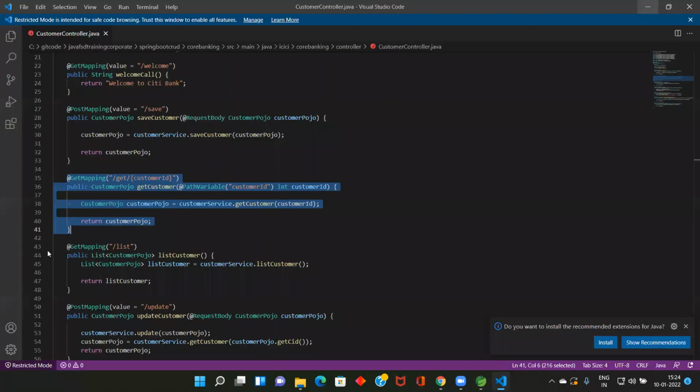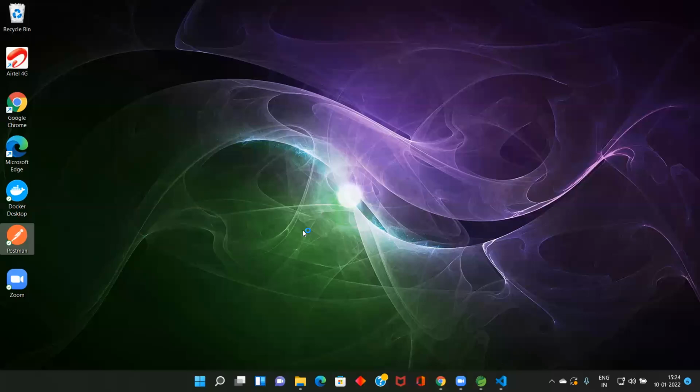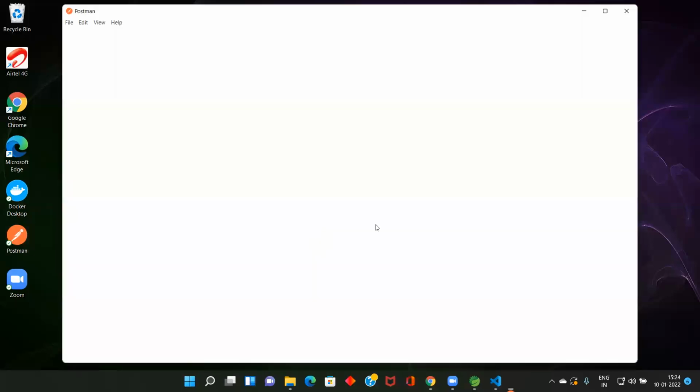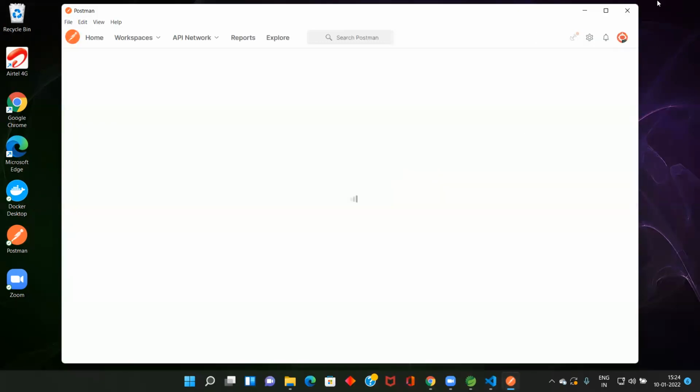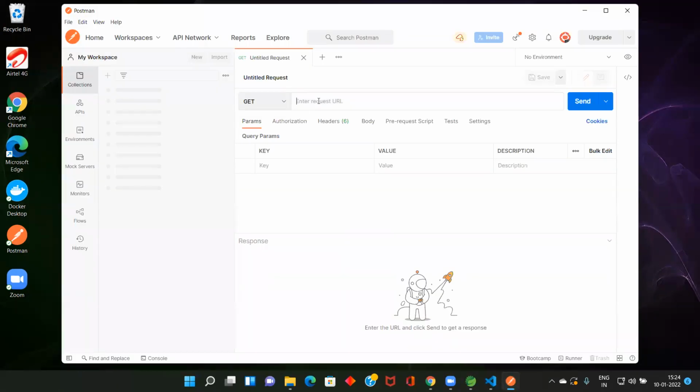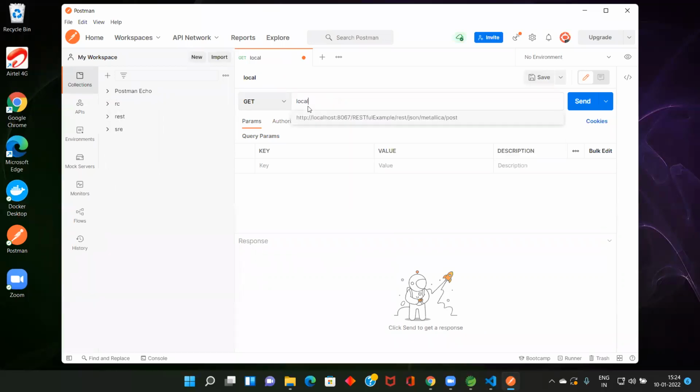So by using Postman now I can retrieve the value. So you know how to use Postman. Okay. So here localhost, get operation, right? Localhost colon 8080 slash API slash order slash get.